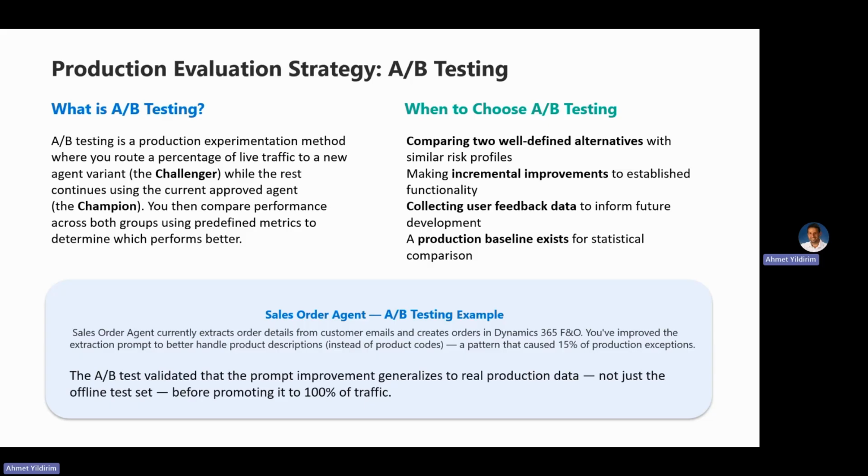The A/B test validated that the improvement generalized to real production traffic, not just the offline test set, before they promoted it to all users. One framing point worth mentioning: in agent evaluation, A/B testing is for safety,